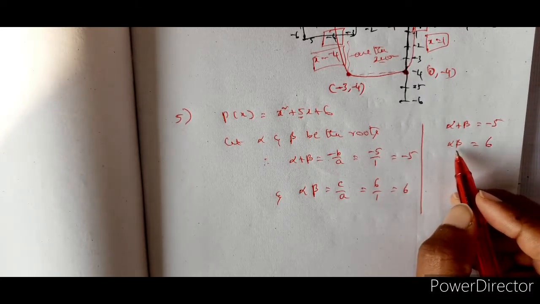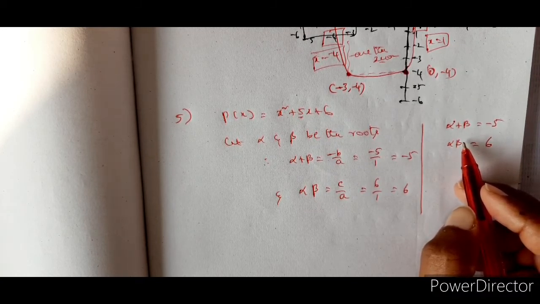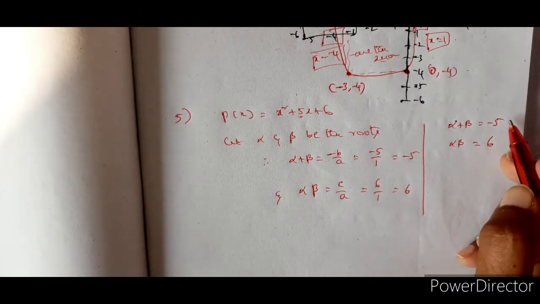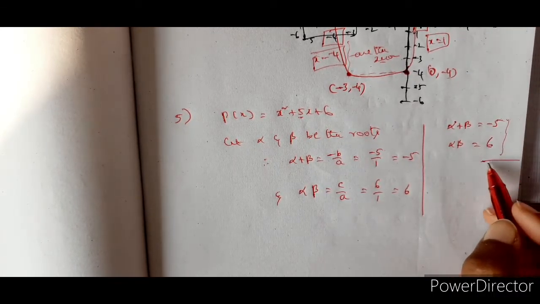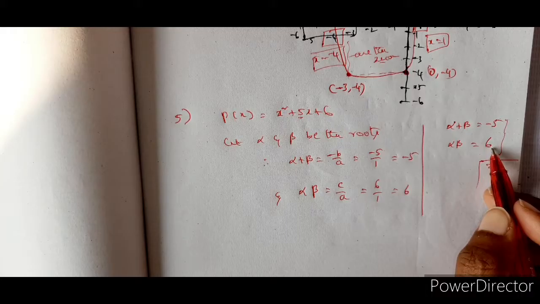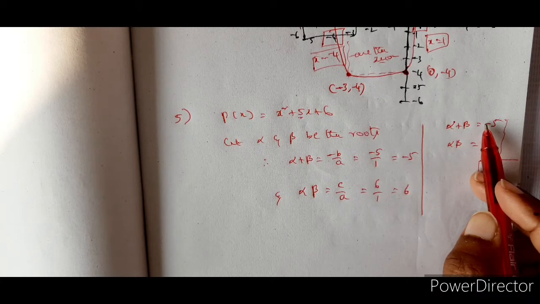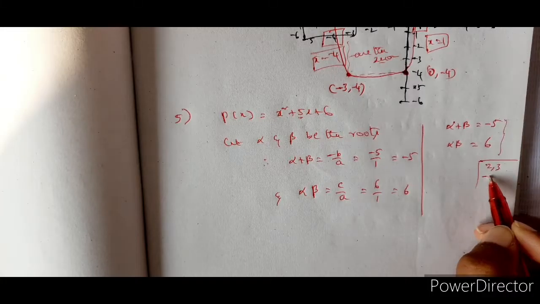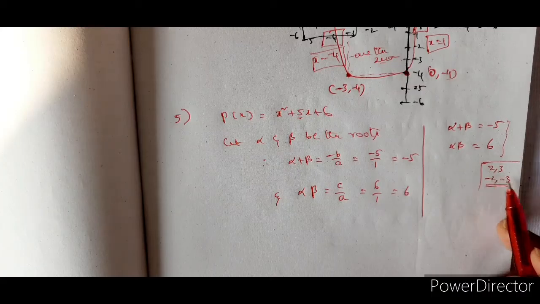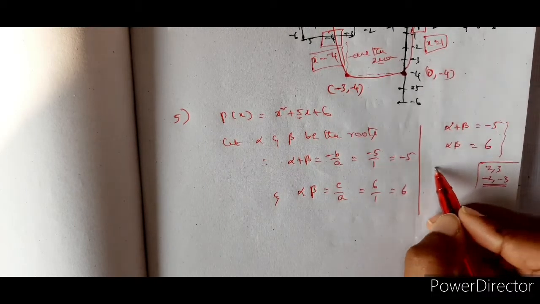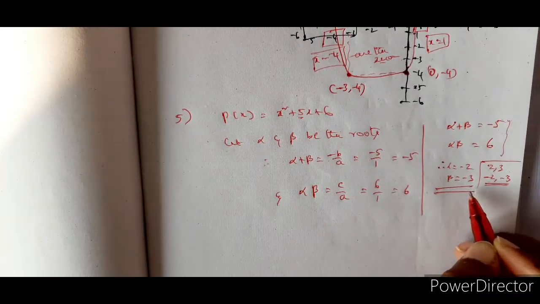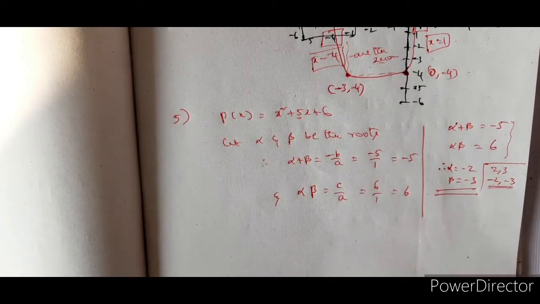Okay. So now you can just substitute the alpha value from here and then find out, or else you can just see based on which values you can get this one. So guess, trial and error. 2 into 3 is 6, but 2 plus 3 can't be plus 5. So therefore if it is minus 2 and minus 3, yes, minus 2 plus minus 3 is minus 5, minus 2 into minus 3 is plus 6. So therefore alpha is equal to minus 2 and beta is equal to minus 3. Right. So we found the roots by this method.